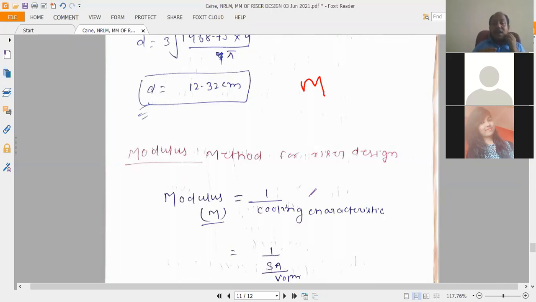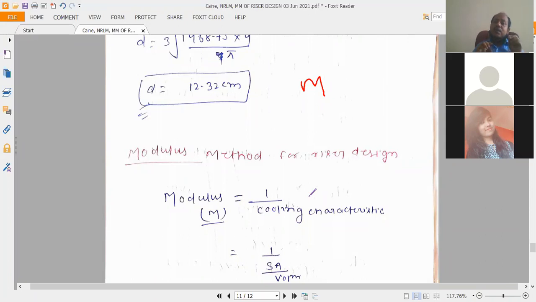So you might understand that this riser design is very important from the point of view of the GATE exam, the university exam, the ES exam and various competitive examinations. So you have to remember all the things and the points: what is the freezing ratio, where the freezing ratio will be applied. Sometimes they will ask an objective question that the freezing ratio is given, which method of riser design you have to apply.